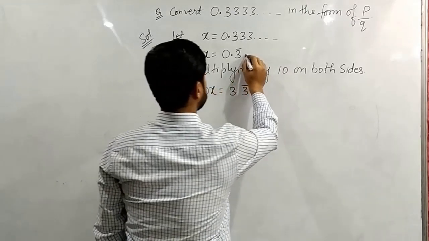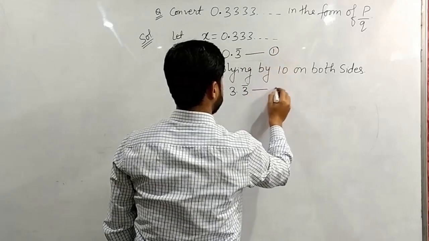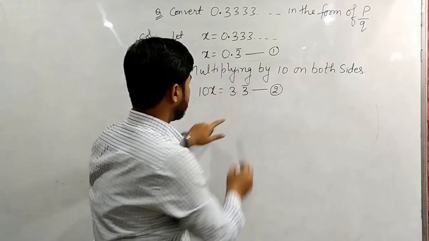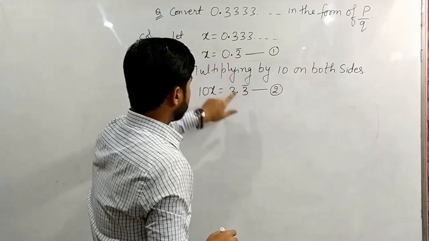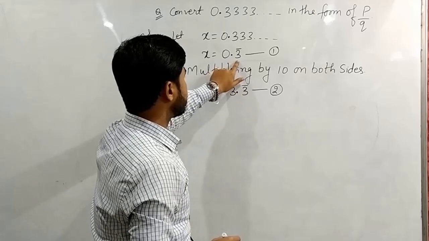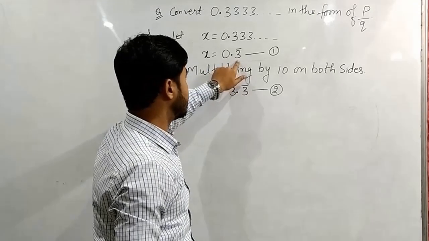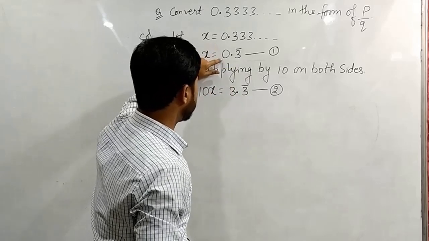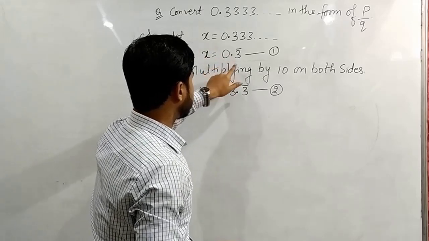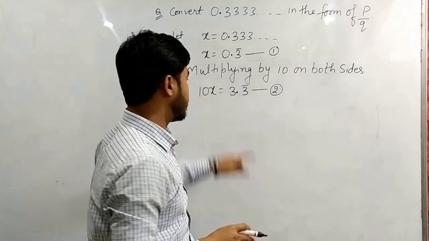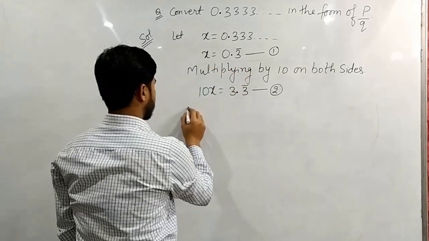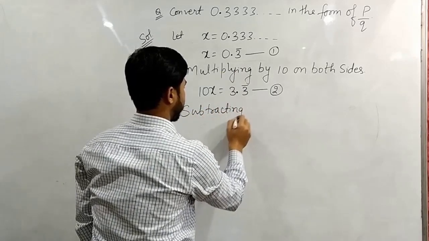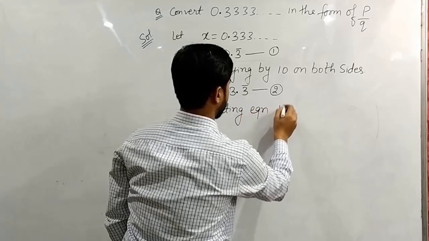Now consider this as equation 1 and this as equation 2. Now if I look here, after the decimal here is 3 bar and here also 3 bar. There is an infinite stream of 3s after the decimal here, and the same here also. So if I subtract this equation from this one, the digits after the decimal are going to vanish because the digits are the same. So subtracting equation 1